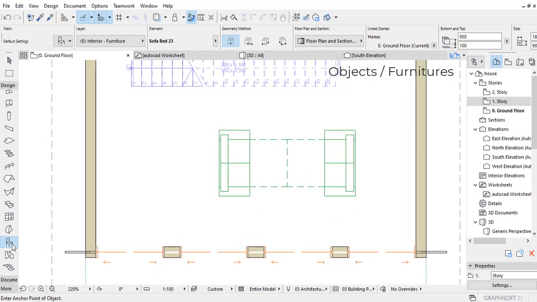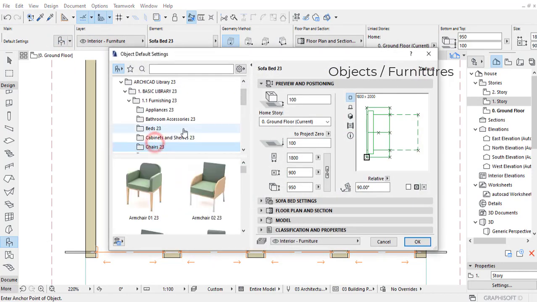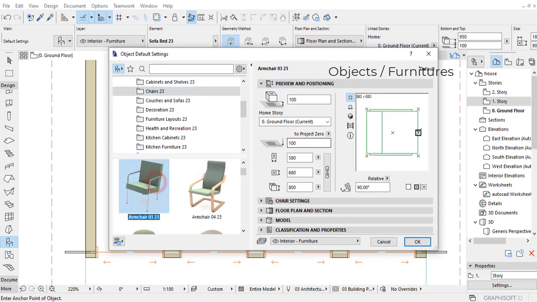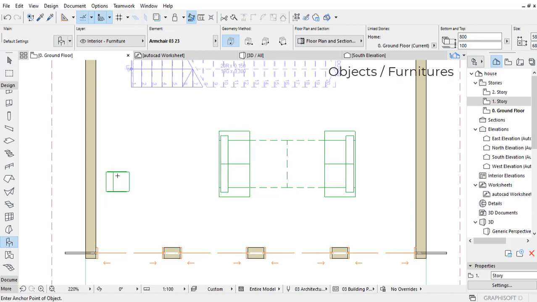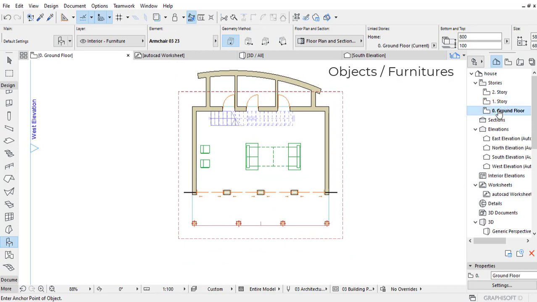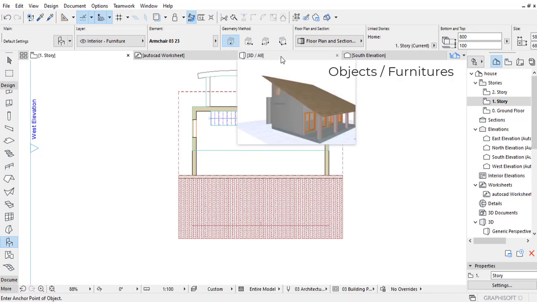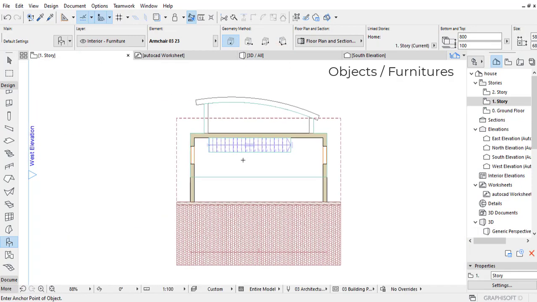And you can put some other objects as well, put some chairs, make a copy of it. At a higher level, actually these were supposed to be on the ground floor level, but I think I put them on the first story. No, on the first story also I can put some objects, but I'd rather prefer putting them in 3D, so